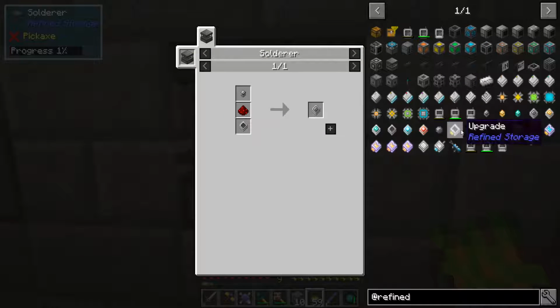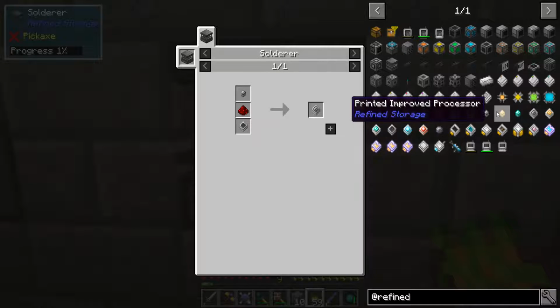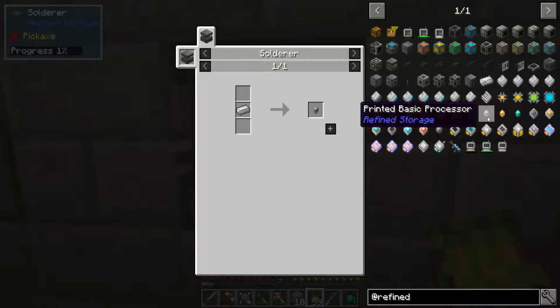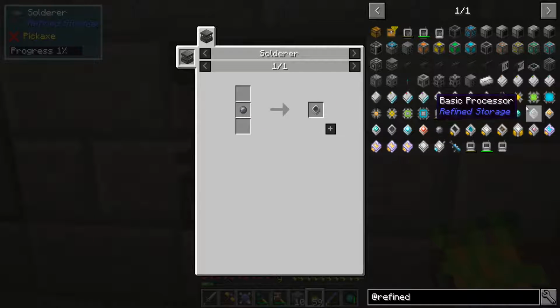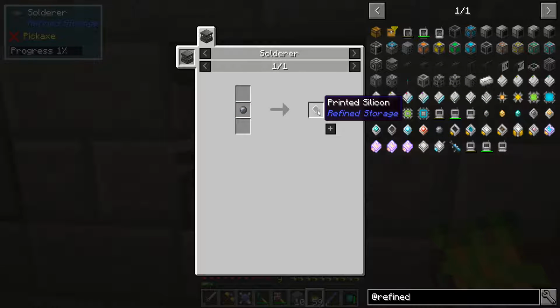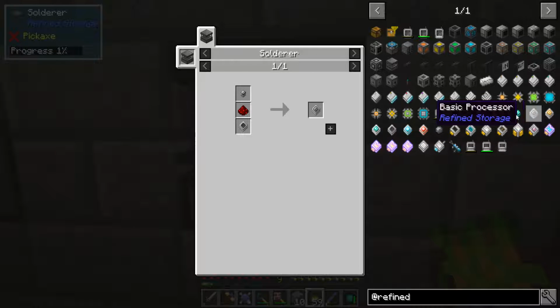Your basic ones that you'll need to begin with, though, are your printed, improved printed, and your advanced. They are made with iron, gold, and diamond. You will also need a lot of silicon to make your printed silicon, and one of them with a piece of redstone and a silicon, printed silicon, makes you all of your more advanced cards, which is your basic,